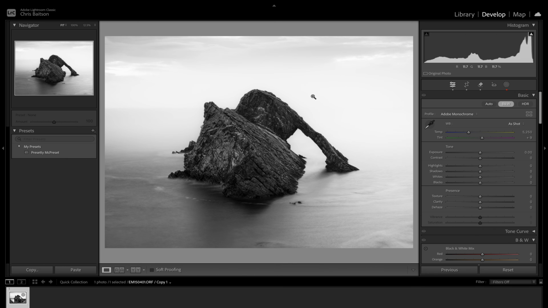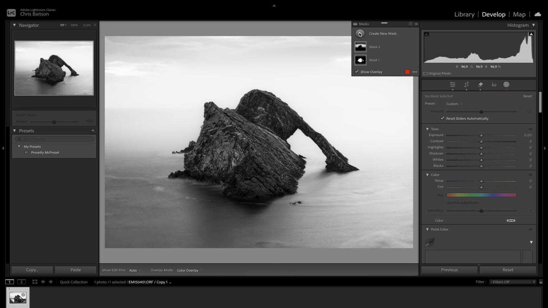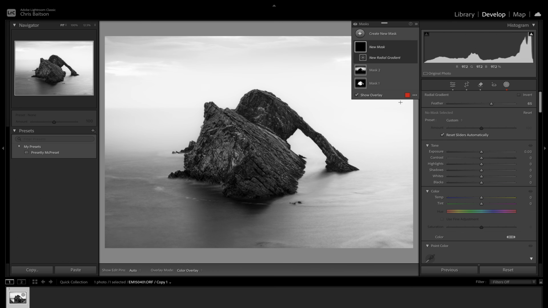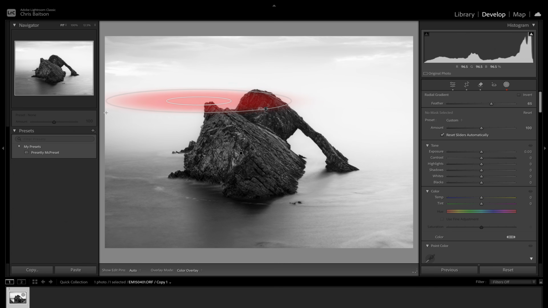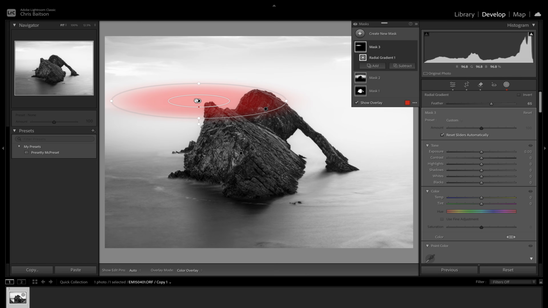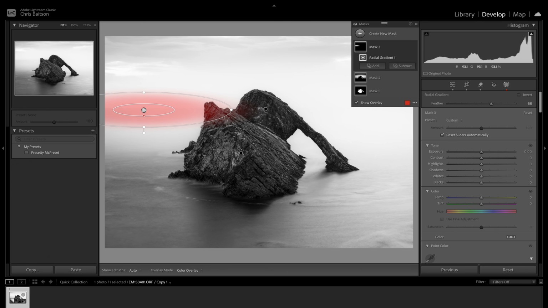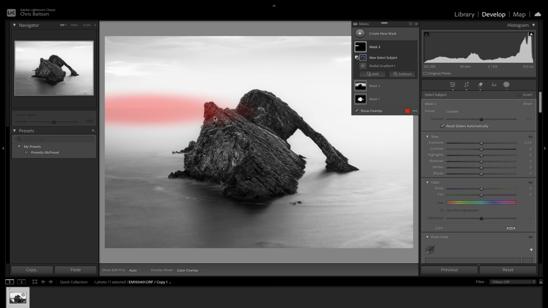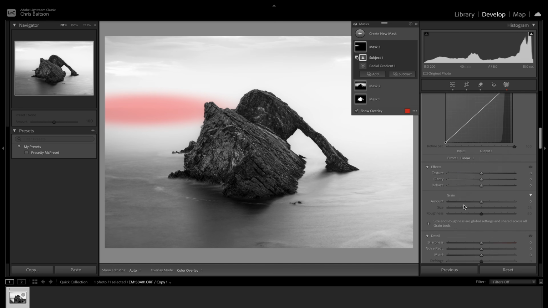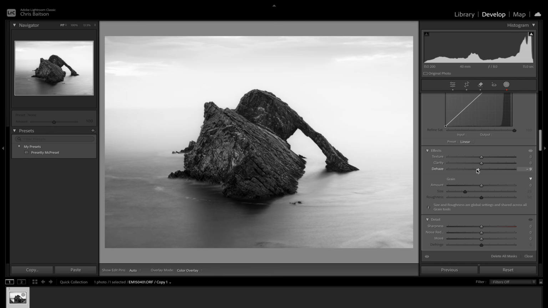So you can see there is still some horizon there, so what we're going to do is a repeat of the first process. I'm going to grab a radial gradient. This time I'm just going to focus over this part of the photograph, so right over that line where it was. Again, we're going to subtract the subject, which is Baitson Rock, which should get rid of this part here, which it has. And once again, down to a little bit of dehaze,